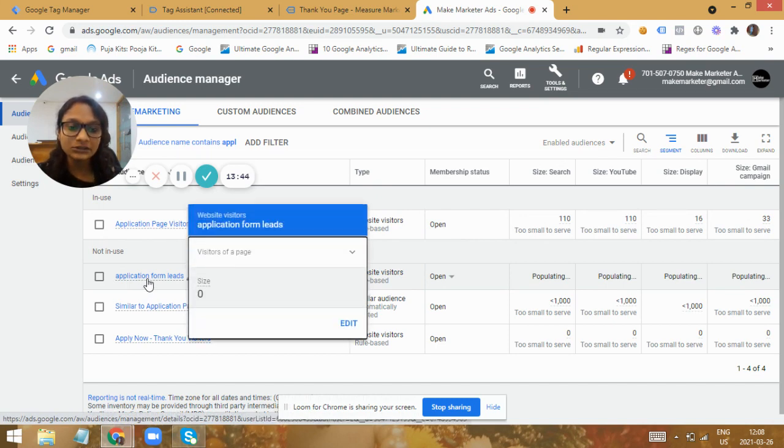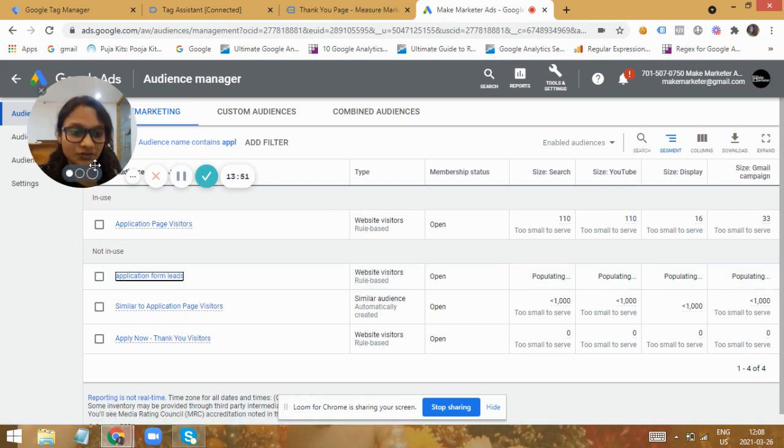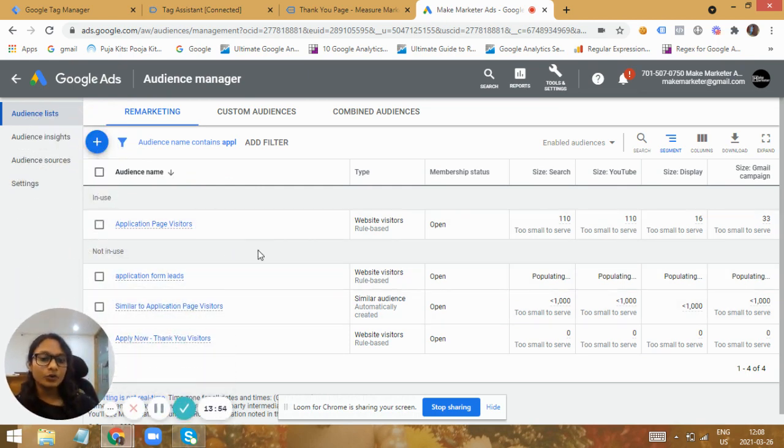So this audience can further be used in any Google Ads campaigns, and you can target the customized audience that you have created based on the custom attributes. So this is very important for businesses that have more focus upon the custom data or the custom attributes of the data, based upon the behavior of the users and what they do and the value they bring and the lifetime value of the users. You can capture all of them and then send it to Google Ads and then create an audience based upon those values, and you can target the right audience at the right time with the right ads.